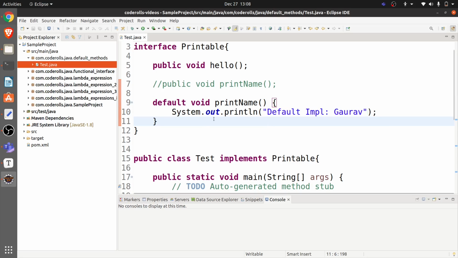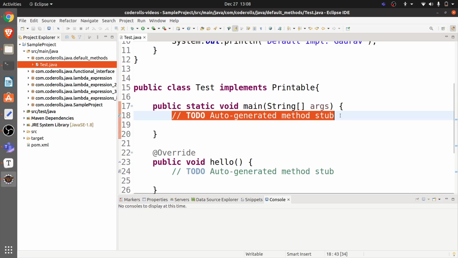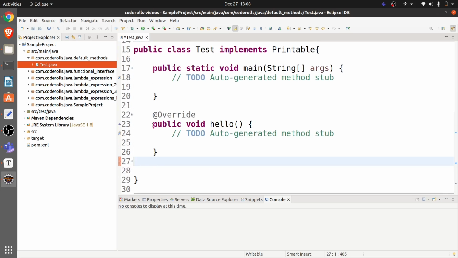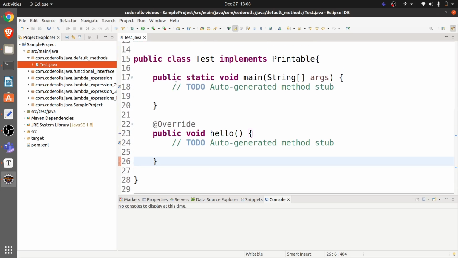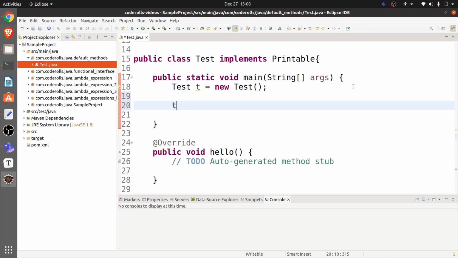Now we will check this method first, and then we will try how can we provide the custom implementation. So let me remove this, and I will create a test object. Okay, t dot print name.